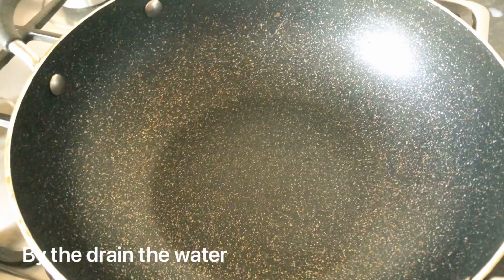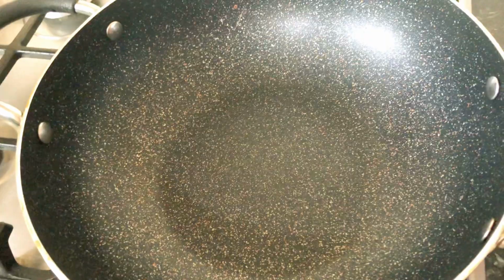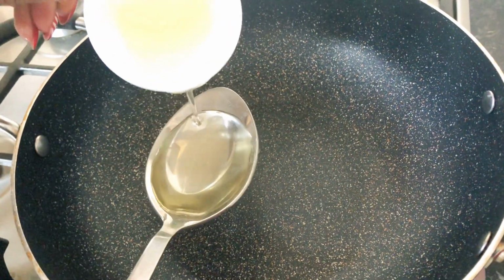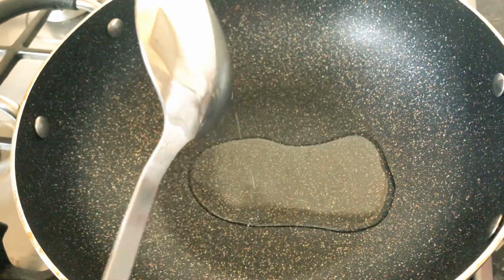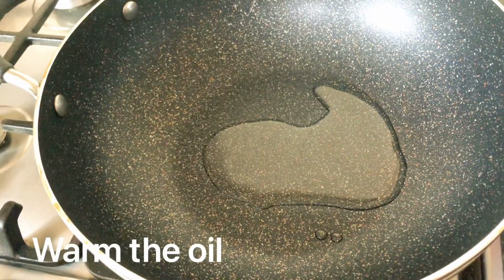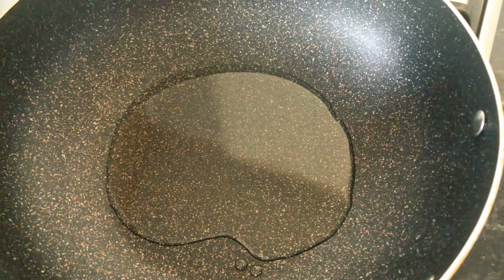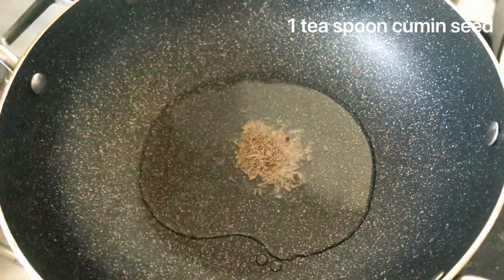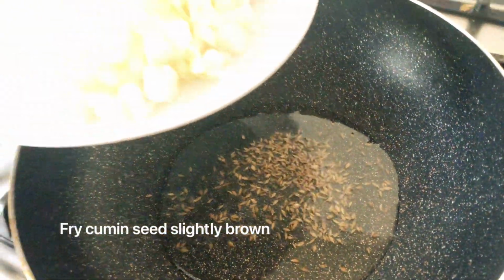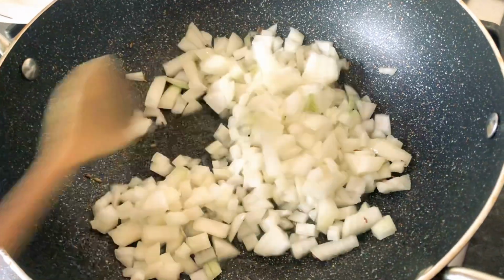By the time the water drains from the paneer, I'm going to prepare some masala. I'm going to use this spoon. I'm going to add 1 spoon of oil, any kind of oil you can use. I'm using vegetable oil today. That's enough, 1 spoon is enough. Let it warm first. Then I'm going to add 1 teaspoon of cumin seed. Little bit brown. Then I'm going to add chopped onion. Let it cook till a little bit brown,